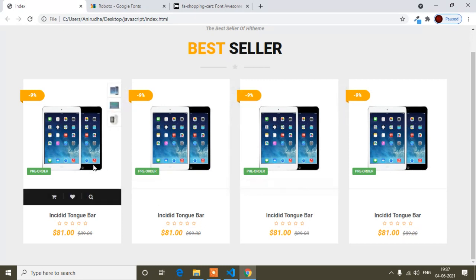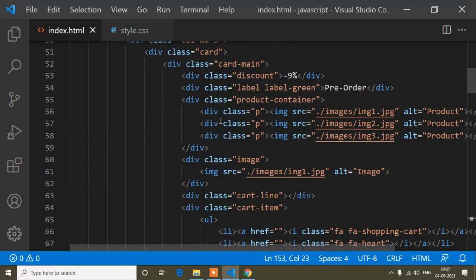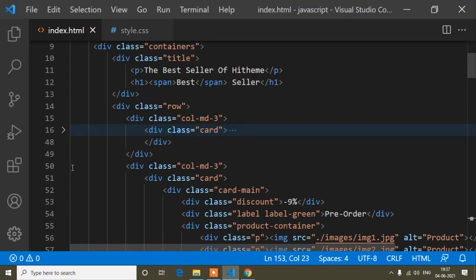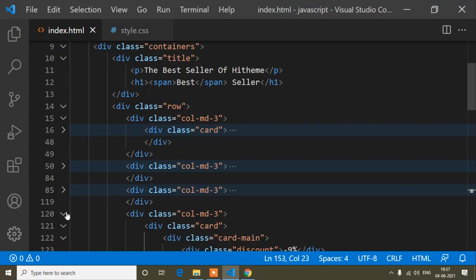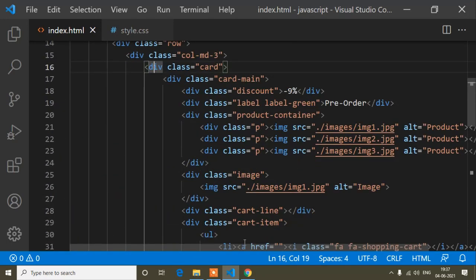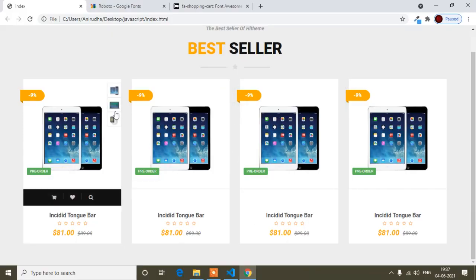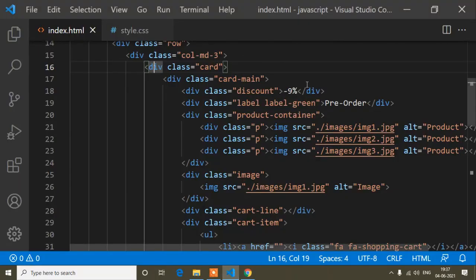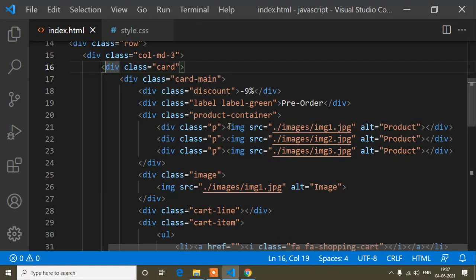So now what I have to do is, when I hover on these images, this image has to be changed. So for that, I will show just the first column. So I will minimize all the columns. So I will open just this one, and when I hover on these 3 products, based on hovering these 3 products, this image will be changed. So here this is the 3 product image, you can see here. So I have to add the hover effect on these 3 products.